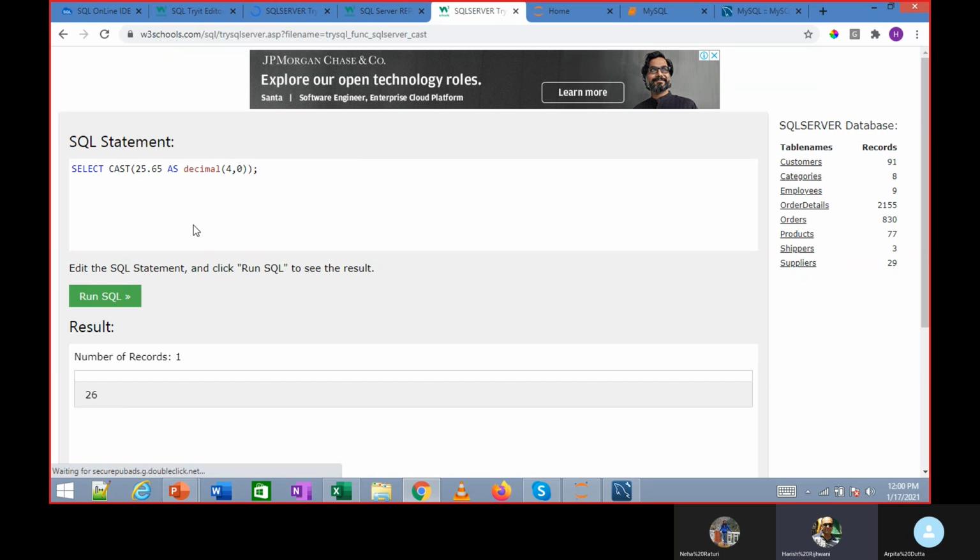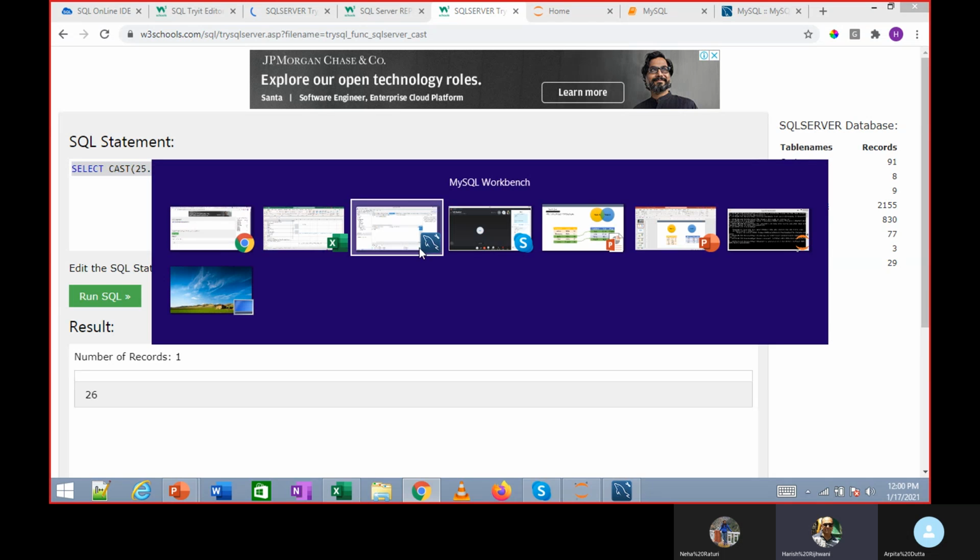So this is cast. You can convert a text to a number. Sometimes, even though it's a number, the data gets stored as a text. You can represent or convert that using cast. So try this also.